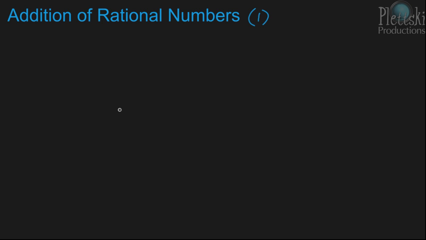Addition of rational numbers. Well, remember that a rational number can be any positive or negative number, but it has to be able to be represented as a ratio of two integers. So a over b, where b cannot equal 0. Okay, so when we talk about addition of rational numbers, the best way to do this is on a number